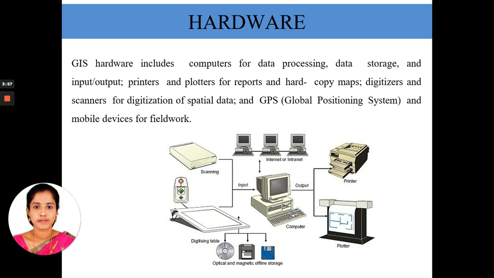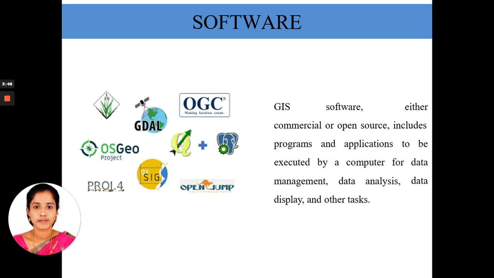The next component is your software. There are a number of commercially available proprietary and open source GIS software packages in order to do the GIS data processing. The GIS data, in the sense, the geospatial data processing. That is for data analysis, weather prediction, navigation analysis, or any number of classifications. GRASS, OGC, OpenGIS, SIG, ASR grid are some of the commercially available GIS software in order to do the geospatial